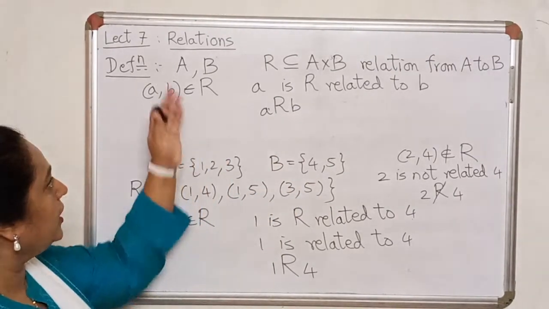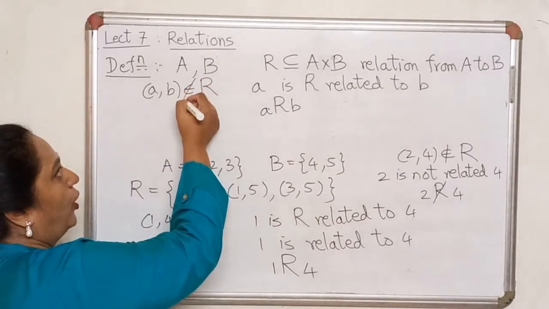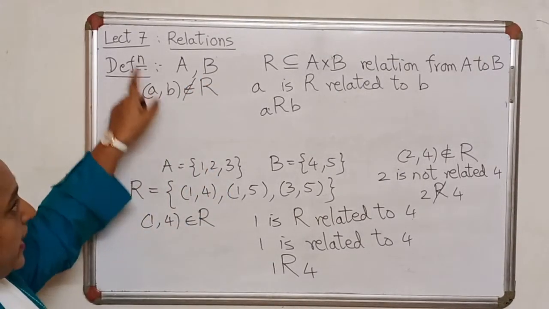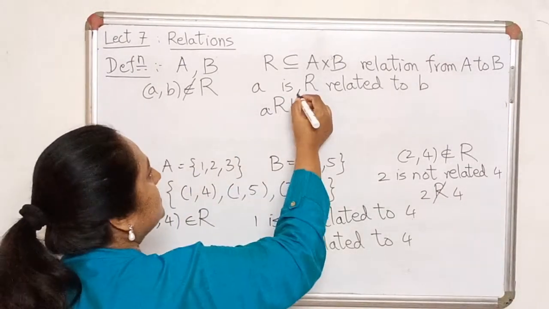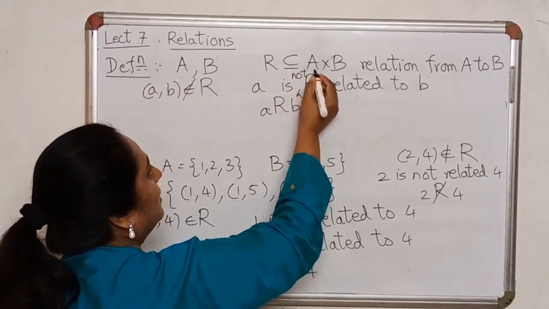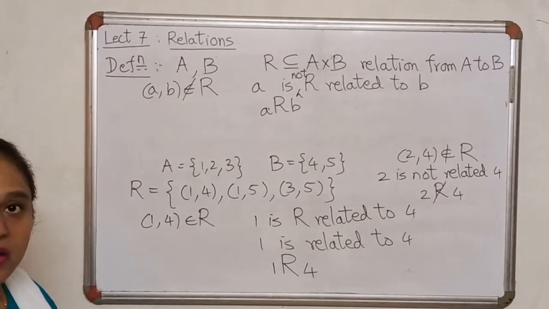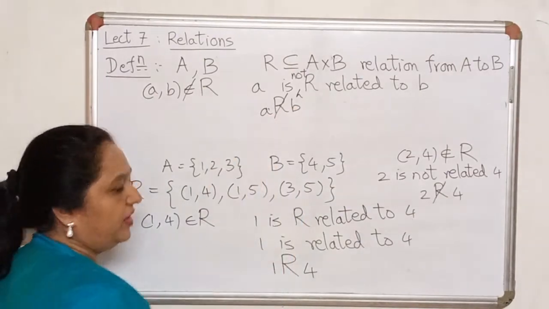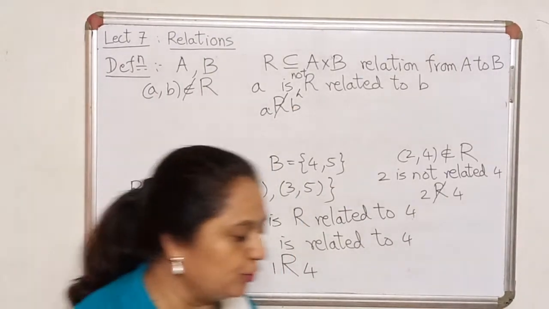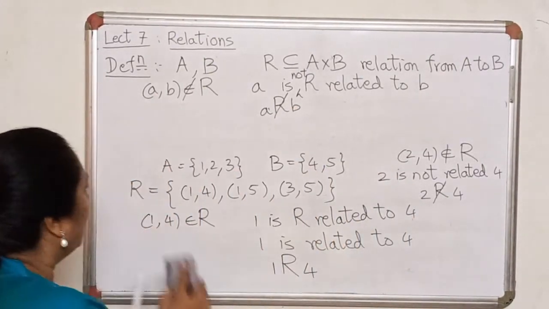So in general also, suppose I have an ordered pair which is there in A cross B but missing in R, then we will say that a is not R related to b, or a is not related to b, and we will write a not related to b this way. Now,